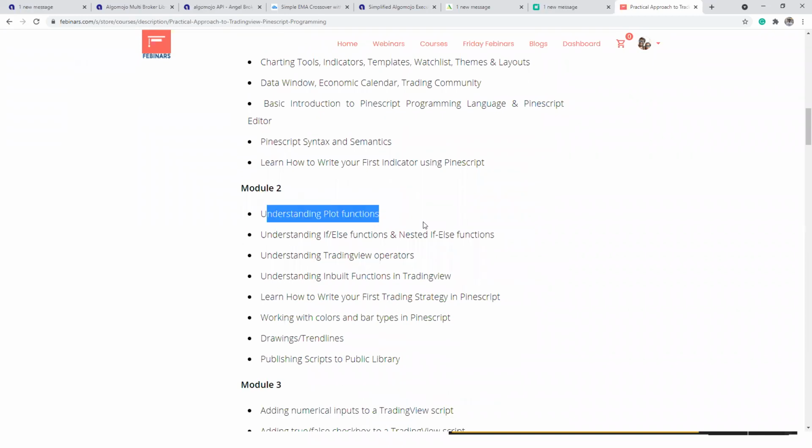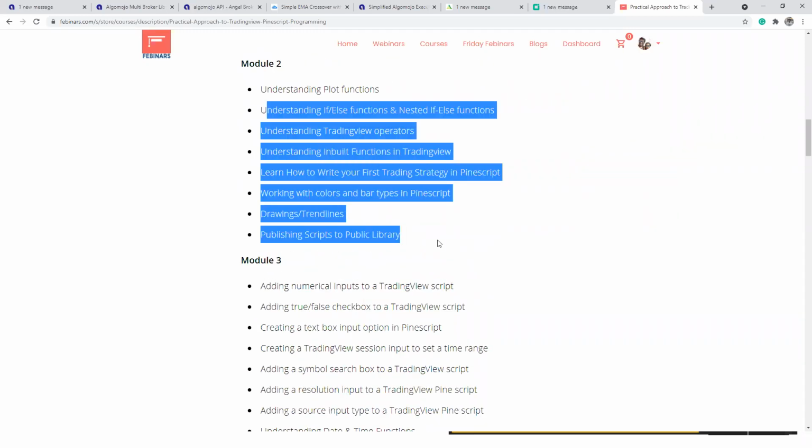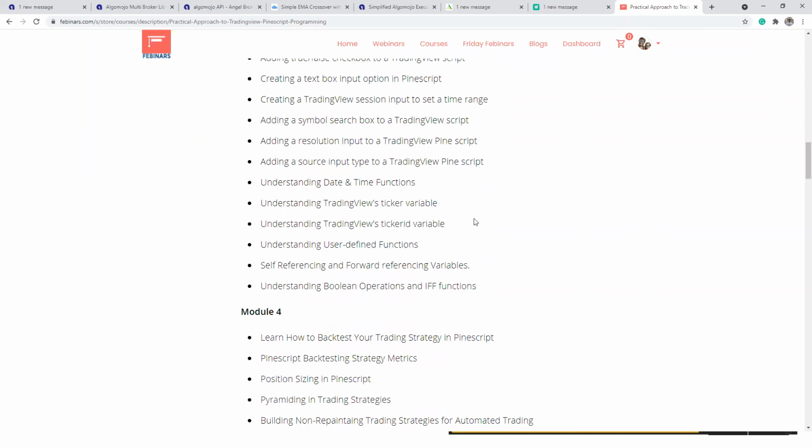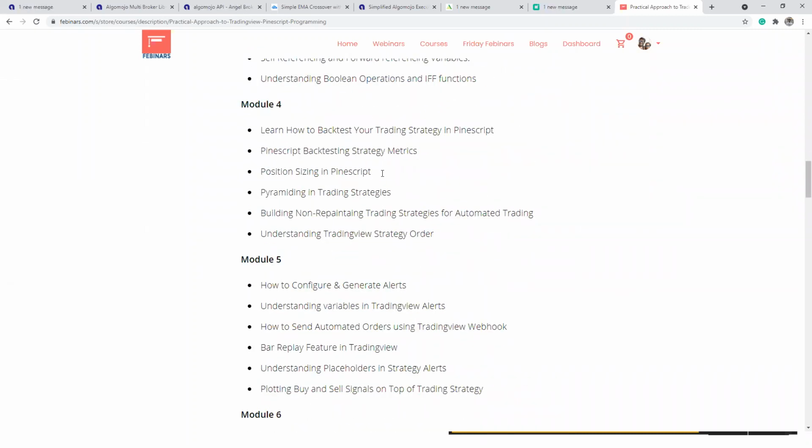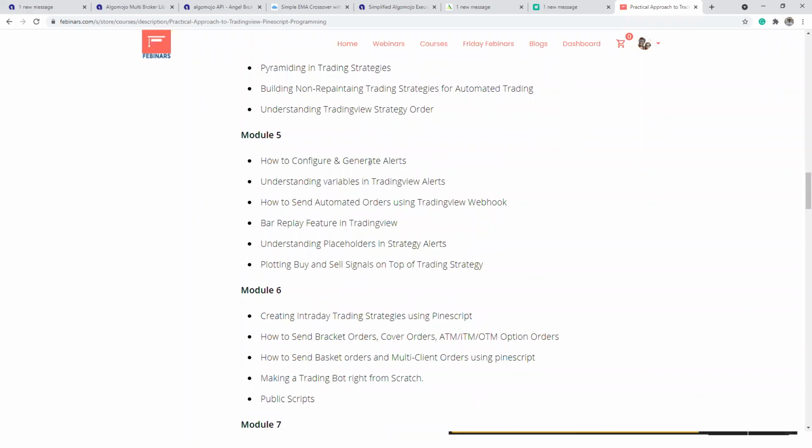How to understand the plot functions, how to understand the TradingView operators, how to draw trend line based alerts. A lot of things that you'll be learning from here, how to backtest your trading strategies, how to do position sizing in Pine script, pyramiding, all those advanced features you'll be able to learn, how to configure and generate alerts, learn more about webhooks, how to create your own buy and sell signals, how to understand